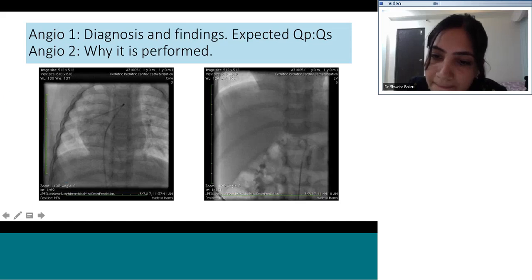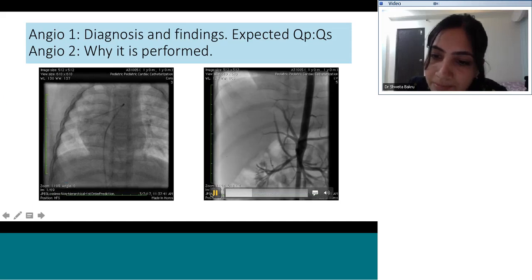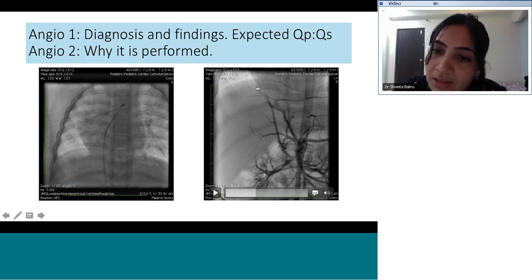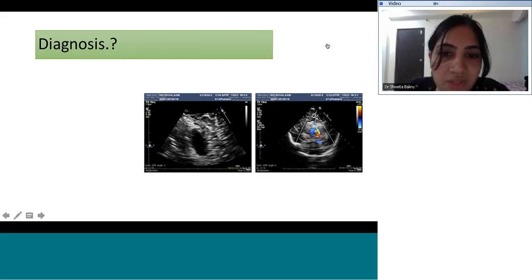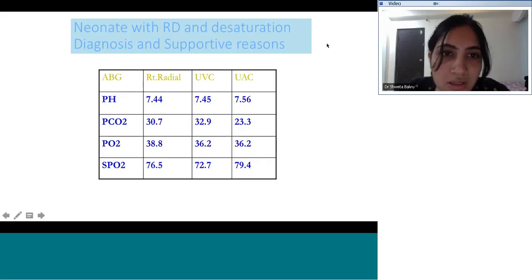But here, if you look at this angio, there is a right renal artery which is giving a collateral. So I will just go back here. This is the right renal artery, and if you look at this vessel which is traveling upwards and supplying the lower part of the lung, here the collateral has actually been supplied from the right renal artery, which is a little bit uncommon. So again, we can just skip these pictures. Okay.